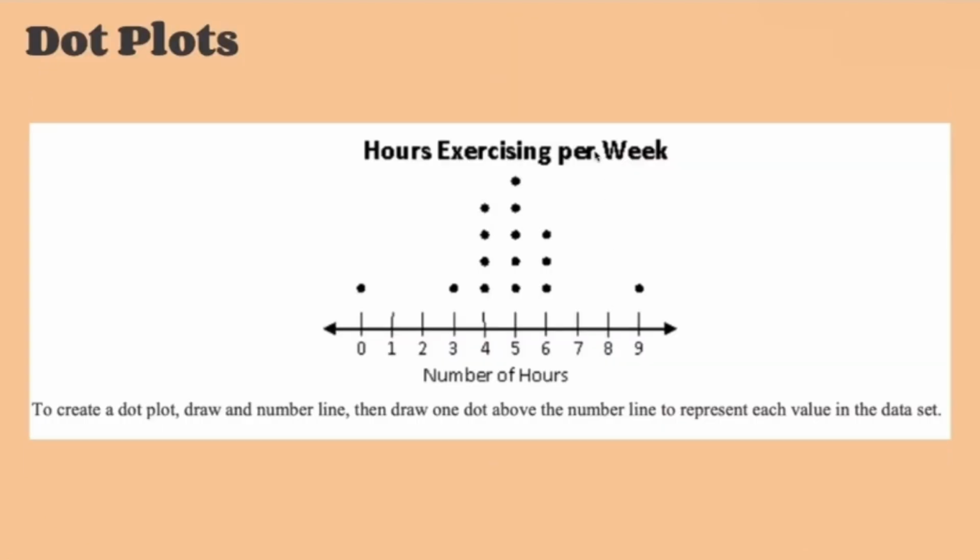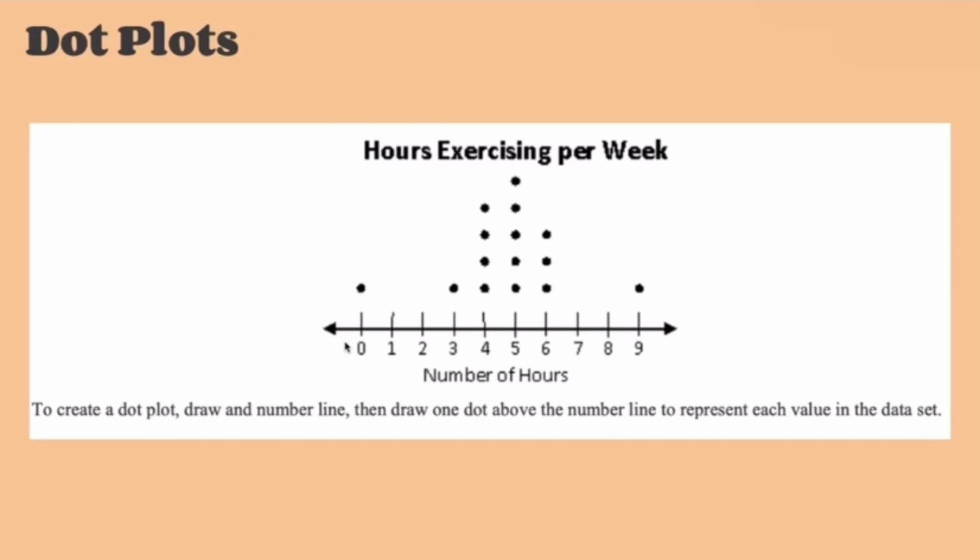So first we'll go over dot plots, and this dot plot is telling us the hours exercising per week. Under the number line, it's labeled number of hours, so the dots must be the number of weeks. So here the person this dot plot is about